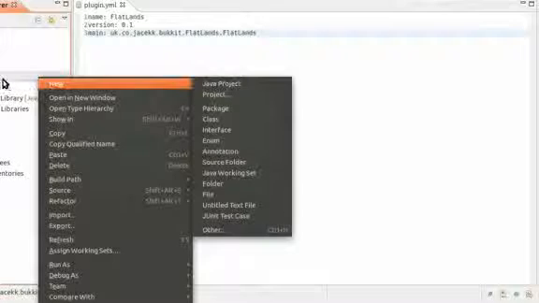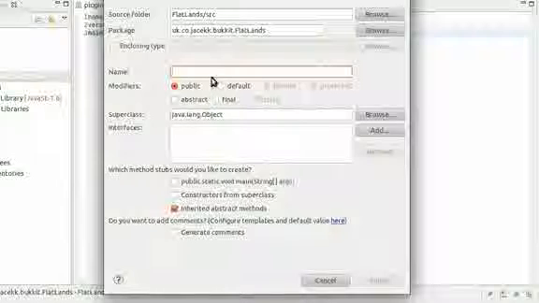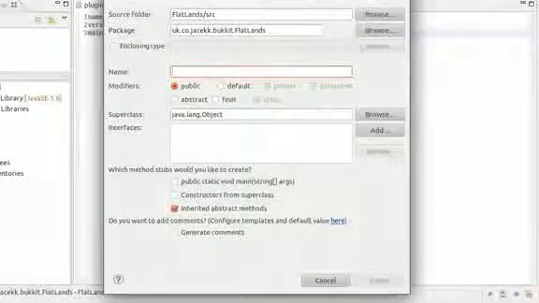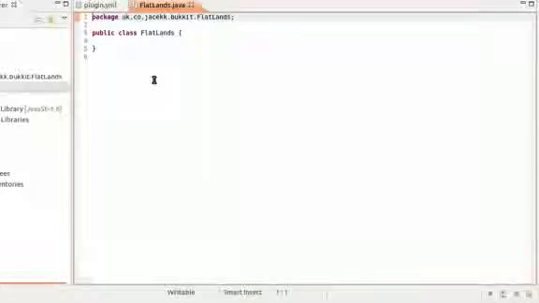So just right click on the package, go to new, and then class. Then we get this window. Don't have to worry about any of these settings, you just have to give the class a name, which is going to be Flatlands. Click finish, and then we go. So hopefully now when we start up our server, there won't be any errors to do with the plugin.yml file, and it will actually try and load this, although it won't work because we haven't got the appropriate